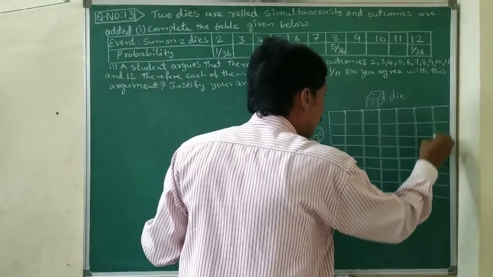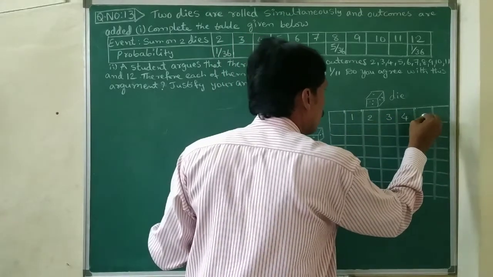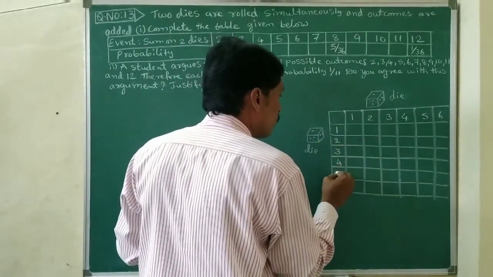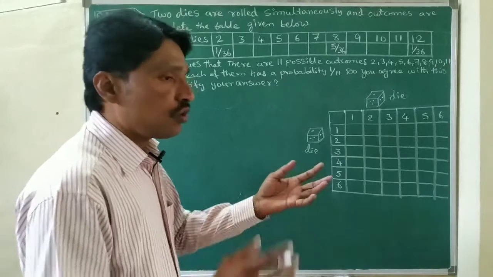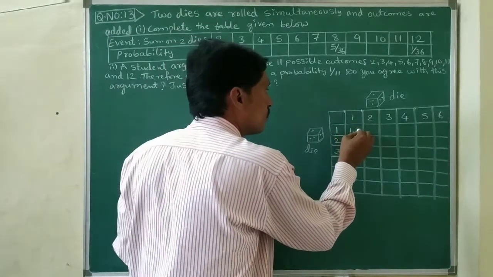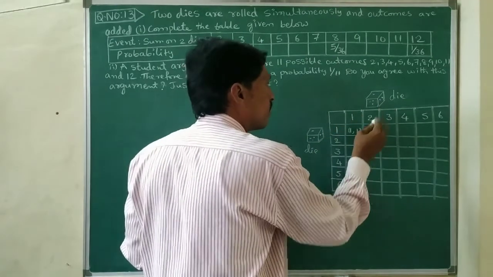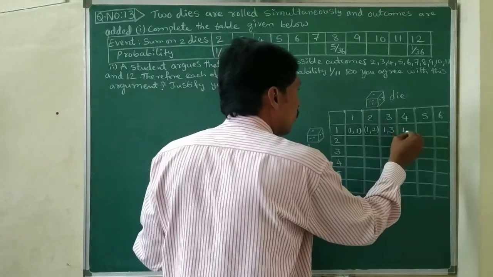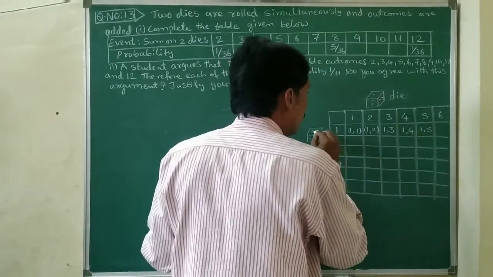On die 1, we are taking on the top, a die having 1, 2, 3, 4, 5, 6, up to 6 numbers. The second die will also be the same, 1, 2, 3, 4, 5, 6. Now we rolled 2 dice at a time. Simultaneously we rolled. So on the top face, in this one and in this also we are getting 1 and 1, that is 1 comma 1. Next here we are getting 1, here we are getting 2, means 1 comma 2. Here 1 comma 3, here 1 comma 4, here the top face is 1, here we are getting 5, 1 comma 5, here 1, here 6.